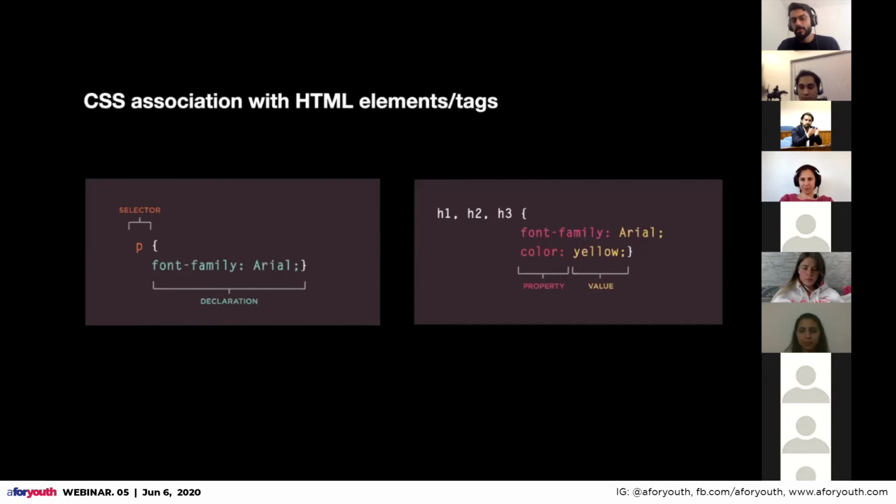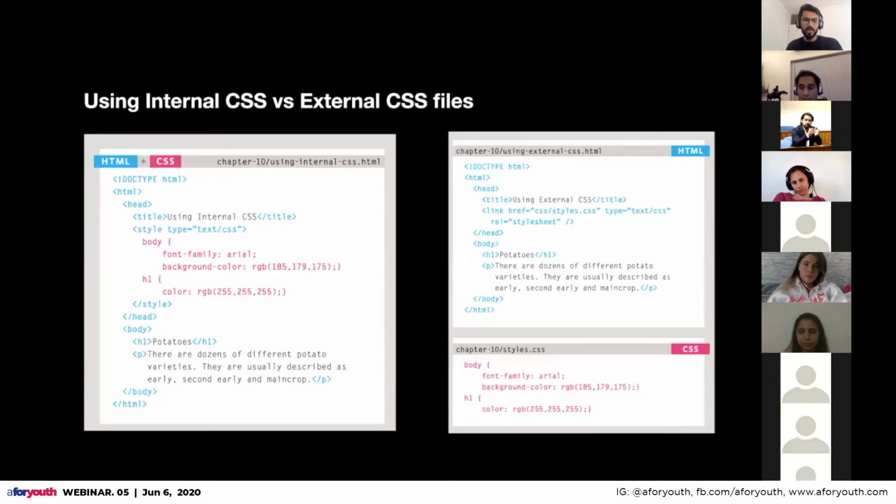And then let's say you want to change the color of this text, which is being displayed in this H1 tag. We can change that color with a simple color colon yellow. So you have to specify a property and then the value of that property in CSS. Let's get back to it when we go more in depth. So here you can see that we had an H1 element and then a P element.